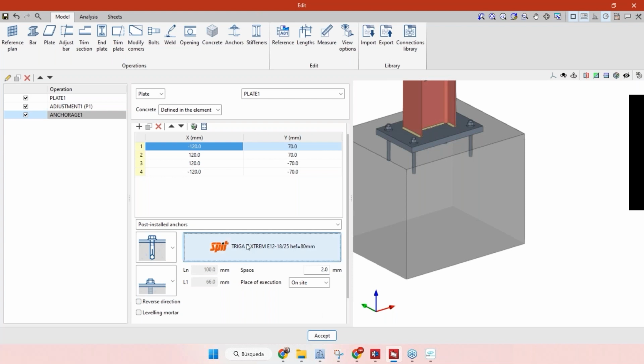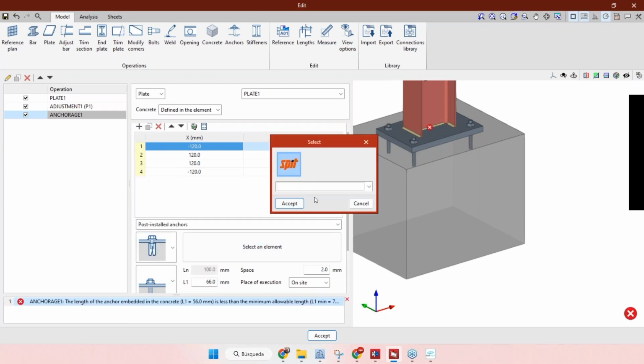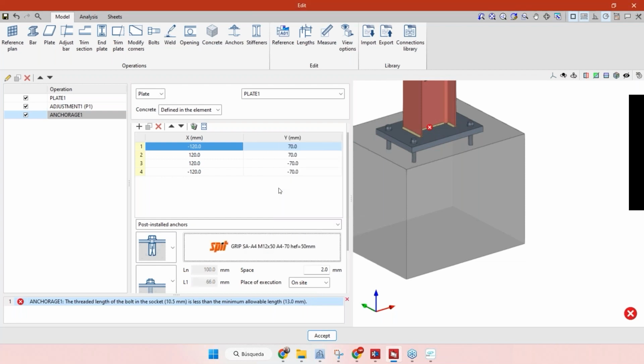They are part of the catalog of SPIT. Okay. So here we have this kind, and this kind. They are new. Okay. There are three different lists from the SPIT catalog that you can use to model and then analyze the base plate or the anchors that you usually will introduce in a base plate to your